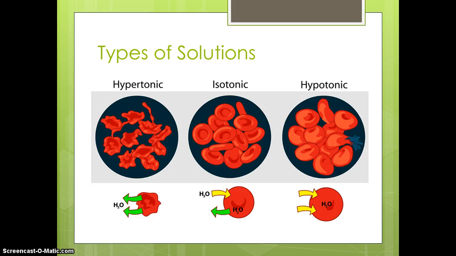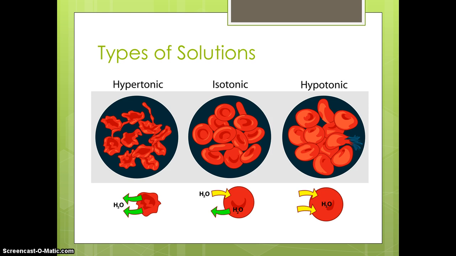Hypotonic, hypertonic, and isotonic solutions are different levels of tonicity. In an isotonic solution, there is no net movement. In a hypotonic solution, there is net movement into the cell, and in a hypertonic solution, there is net movement